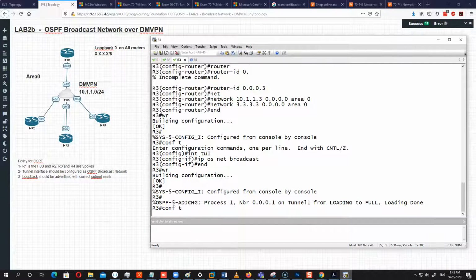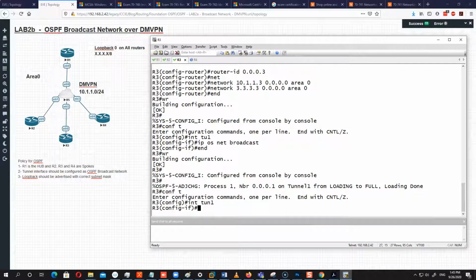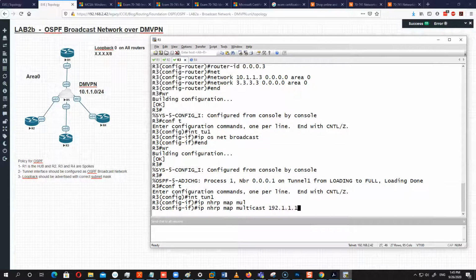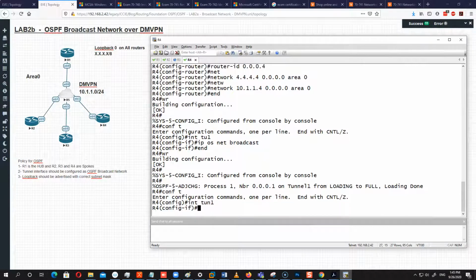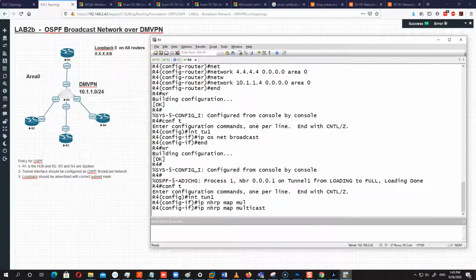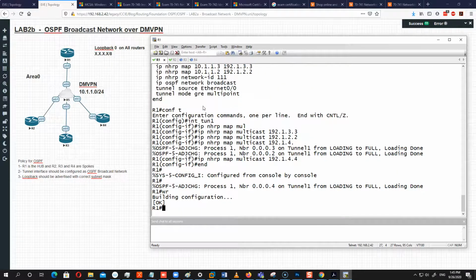So router 3, we have to do here as well. But we will see the issue here. What issue I'm talking about, I will tell you in a moment. And then we'll do the same here. IP NHRP map multicast 192.1.1.1. Okay. So now if I go to router 1 and if I look at show IP OSPF neighbor, now